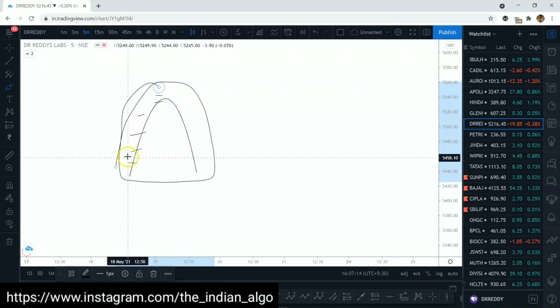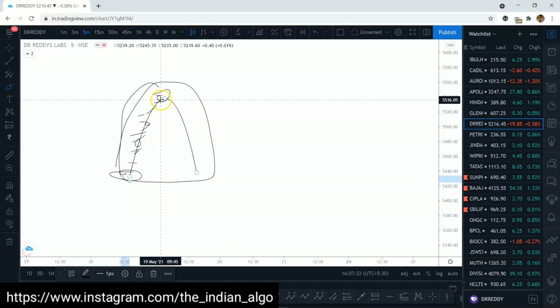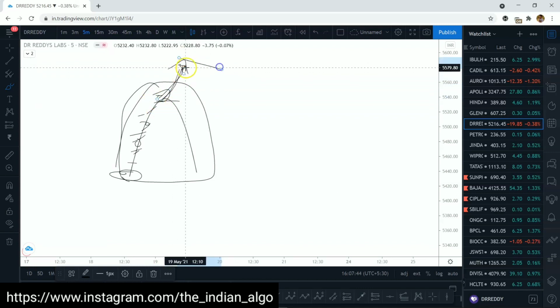This is where you are being stopped out, this is where the FOMO kicks in. This is where the fear of missing out kicks in, and every new trader gets in right here, probably here, probably here, and they also try to keep their stop losses just below this. Look at the risk reward they'll probably get after this move. And even if the trade goes in their direction, they will not be able to hold on longer, because anyone would think, okay, I'm getting a small amount of profit, I'll just take it.